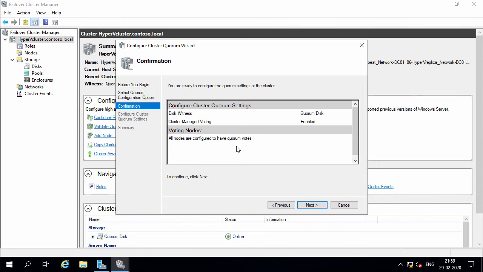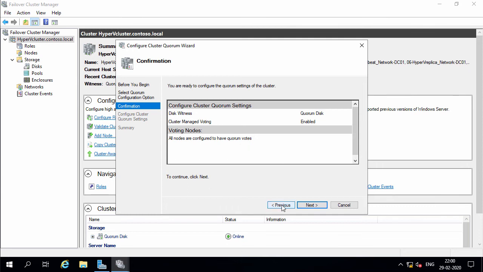Microsoft recommends using this option since it will automatically select the best quorum configuration when nodes are either added or removed. In this lab example, you can see cluster disk 1, listed as quorum disk of size 10 GB, has been selected as the disk witness, and all the nodes are configured to have quorum votes. This configuration is node majority and witness disk, which is configured automatically by the failover cluster.